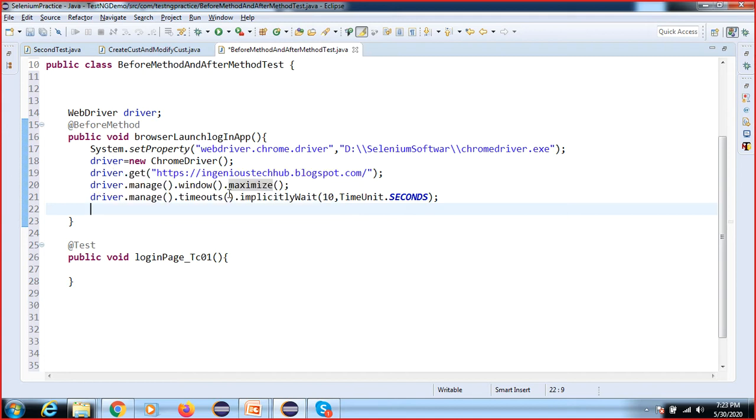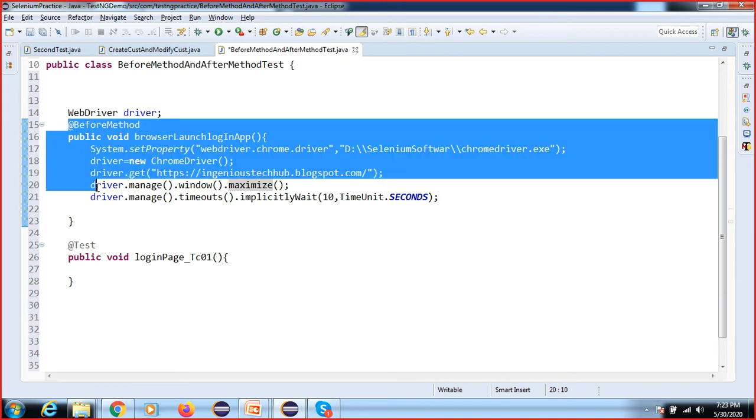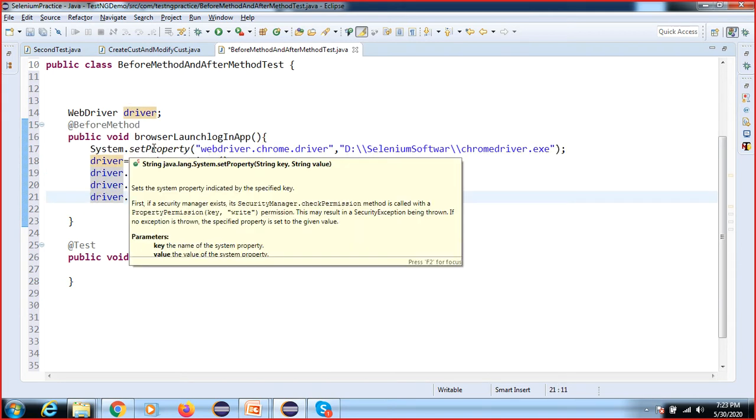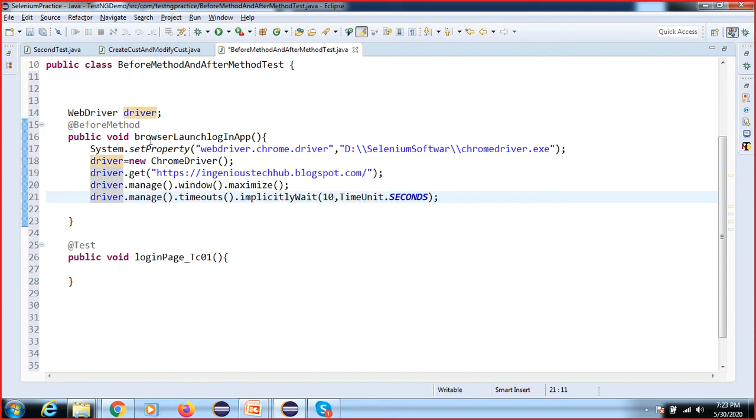You can change this. We can read from the properties file, and we can have another class for the configuration in one separate class. We can also take the data from an Excel sheet, that is another class.